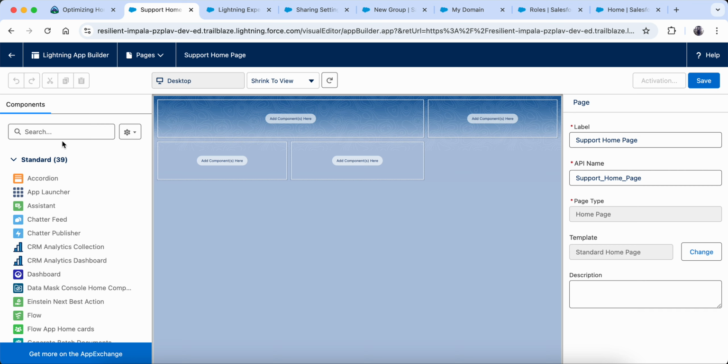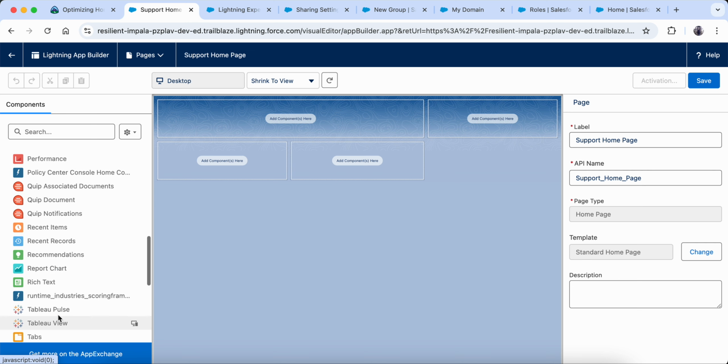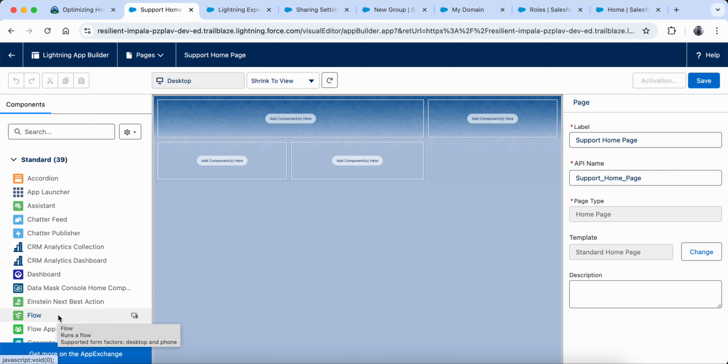You can see that there is no component here. You can add a component here and here, so there are 4 places you can see. On the left-hand side there are a lot of components. This is how you can design in Salesforce yourself: you just drag and drop here. For now I am going to drag the 4 components mentioned in this tutorial, but for your own purpose you can drag anything, however you want your homepage to be.